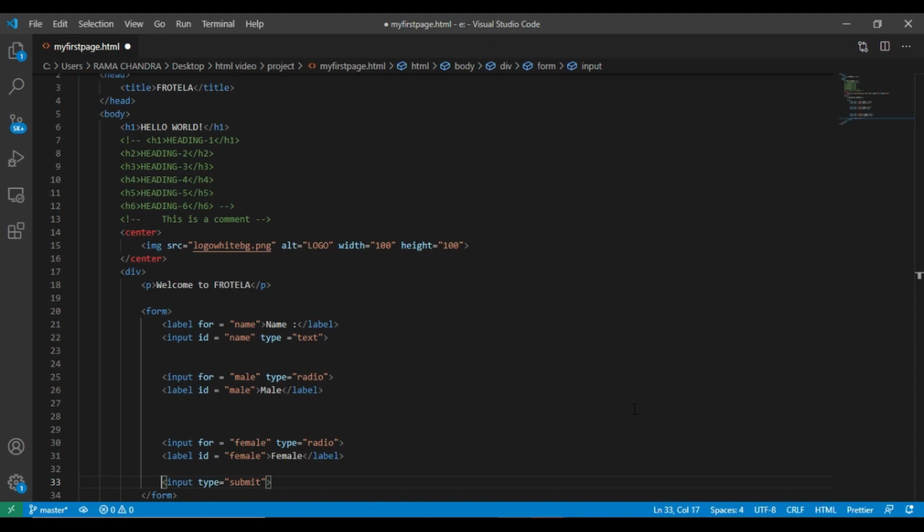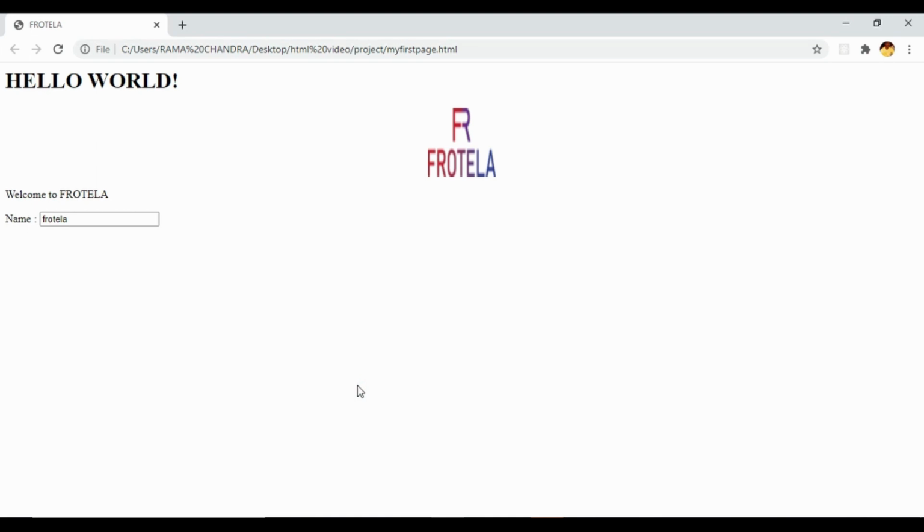Now let's save it and see it on the browser. Reload it. All the elements are displayed side by side.